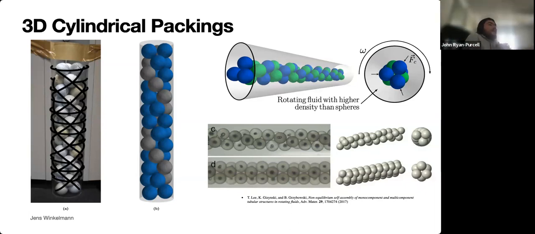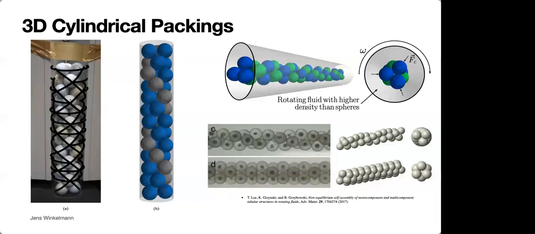So instead of the hard boundary walls of the cylinder, such as the Perspex tube, you have a transverse cylindrically symmetric confining potential, which is approximately harmonic. And so you assemble similar kinds of structures, but you have slightly more freedom in how these structures are